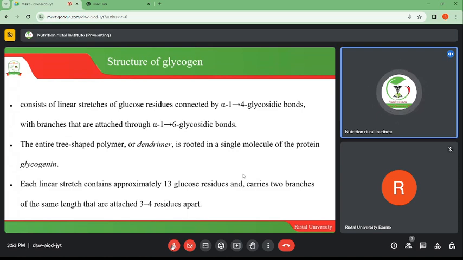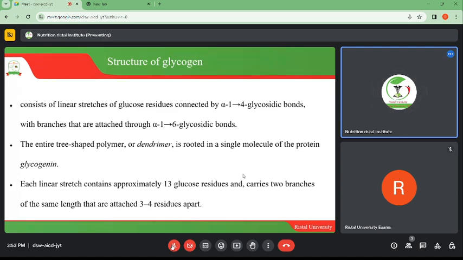that are connected by alpha-1,4 glycosidic bonds with the branchings that are attached through alpha-1,6 glycosidic bonds. We'll get into more details about how this bonding of alpha-1,4 and alpha-1,6 comes about as we get deeper into the lecture. So it is just like an entire tree shape. It has a lot of branching. As we say in this statement, the branches are formed by the alpha-1,6 bonds. So on a linear chain, there are branches that form. Just imagine a tree having branches, and that can help you imagine what glycogen